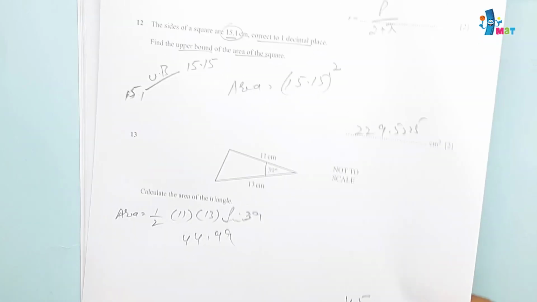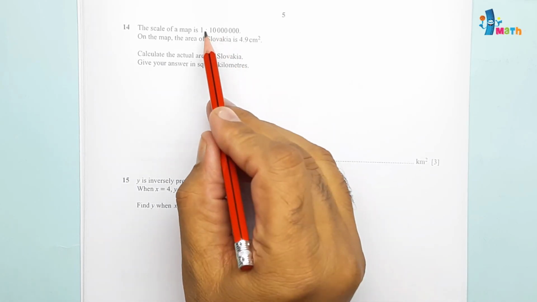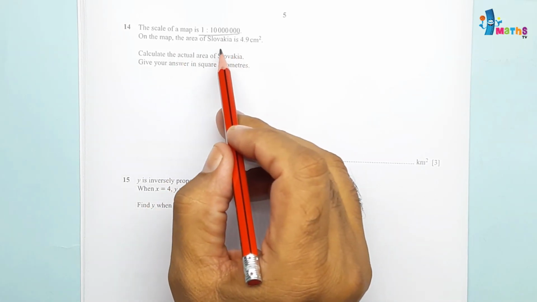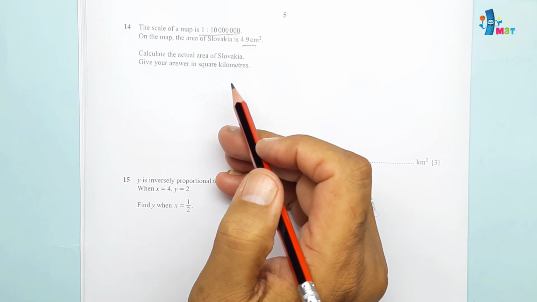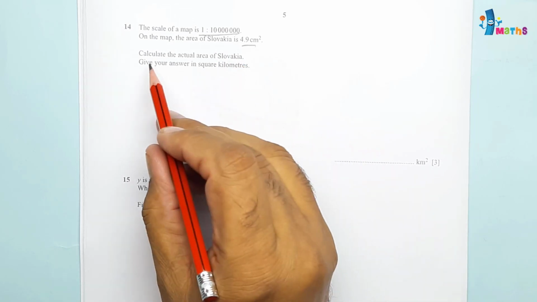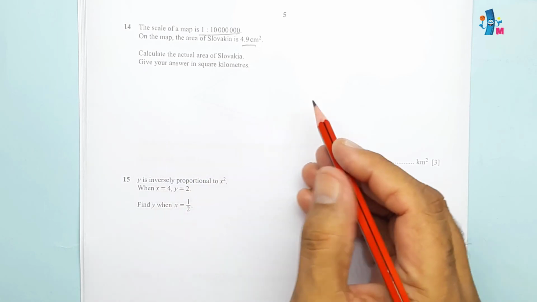And next, question number 14. Question number 14 is map scaling. The scale is 1 is to this one, and the area of Slovakia is 44.9 centimeter square on the map. Calculate the actual area of Slovakia. So we can